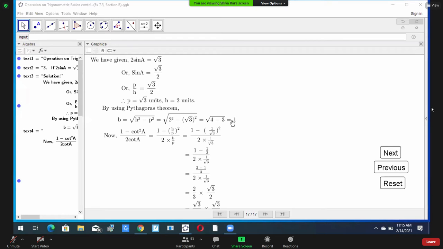You look here, the value of B is 1. And what's the value of P? P equals root 3. So you give the whole power. Whole power, you look here, here is a whole power, here also gives the whole power. 2 into B upon P, you look here, B equals 1 and P equals root 3. We are just substituting the value. We are not doing more than that. We are just substituting the value of B upon P and we are simplifying.